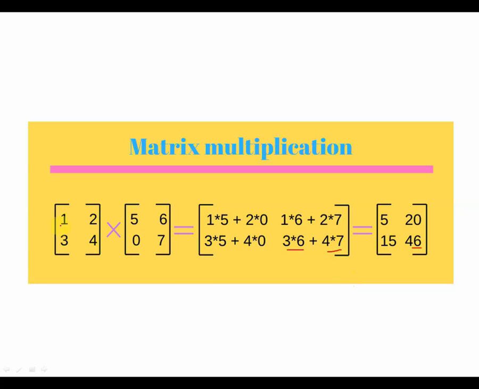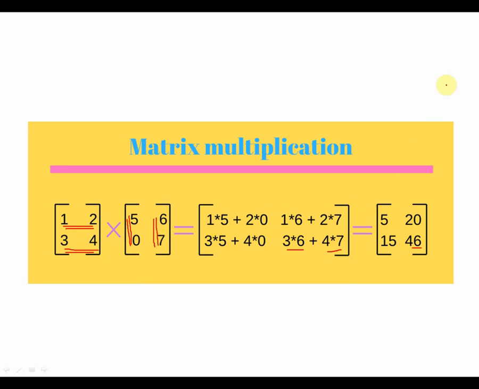Now this is the technique of going about. Again, I'll just quickly revise. You have to first multiply the first row and the column, then again this with the next column. After that you multiply this row with this column, and again this row with the next column. That's how you have to do with the multiplication of matrices.